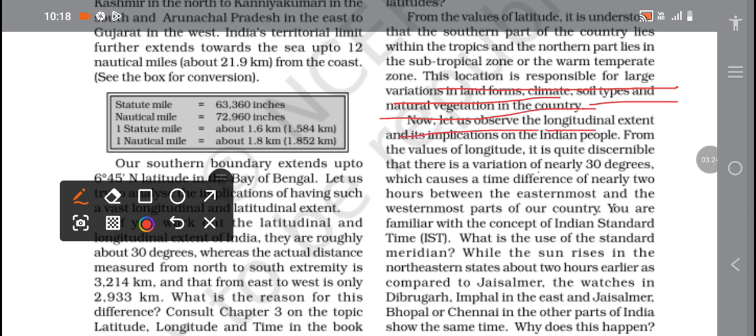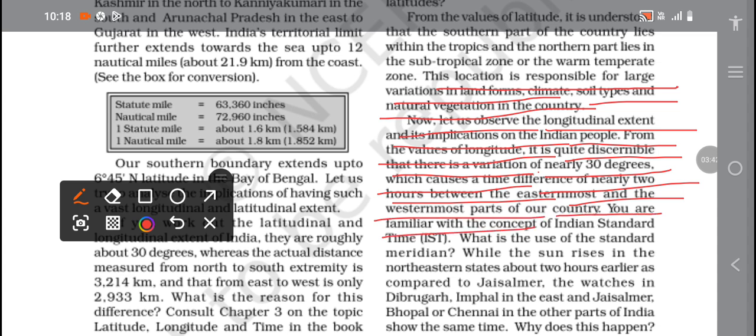Now let us observe the longitudinal extent and its implications for the Indian people. From the value of longitudes, it is quite discernible that there is a variation of nearly 30 degrees, which causes a time difference of nearly 2 hours between the easternmost and westernmost parts of our country. You are familiar with the concept of Indian Standard Time, IST. What is the use of a standard meridian? While the sun rises in the northeastern states about 2 hours earlier as compared to Jaisalmer,